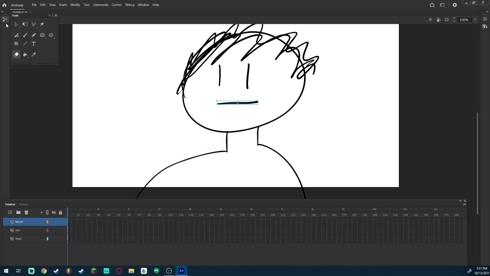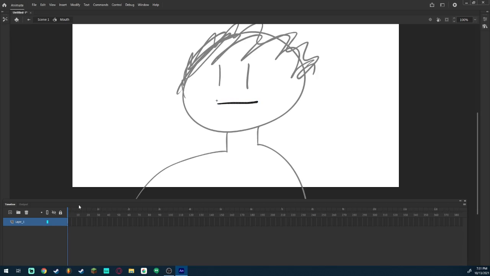Okay, so now you press the tool settings, and then the selection tool, or just press V, and then double click the mouth. Now you're in the symbol. Okay. Now you add two more layers, 3 in total. And now what you do is rename this mouth